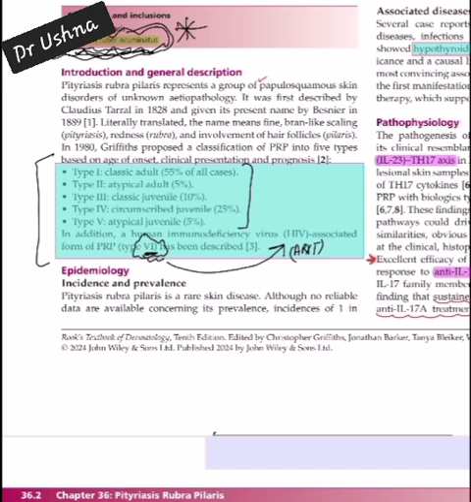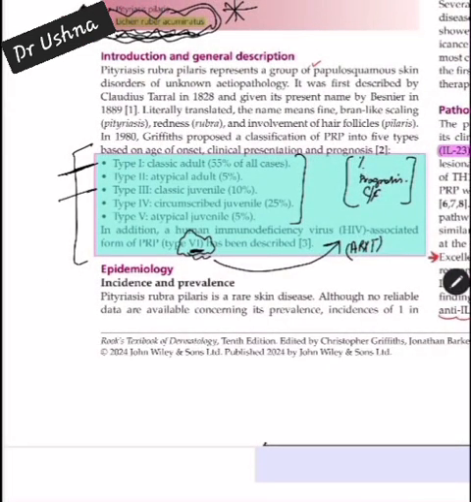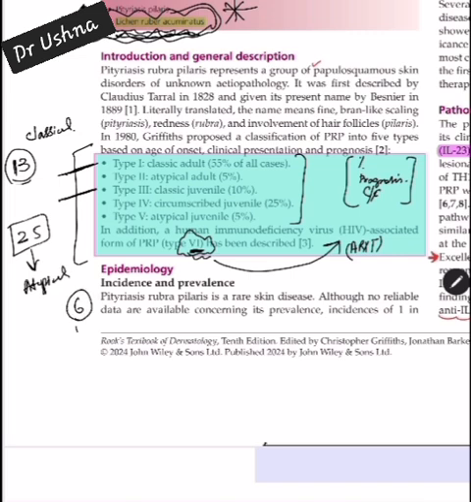Then the remaining types are very important. You have to remember the percentages of these types. You have to remember the prognosis and the different features to pick the MCQ, and the clinical features. So these are the important 3 points for all types of PRP. This is very easy to remember: type 1 and type 3, you can just make the figure 13, are your classical types. Type 2 and type 5, making 25, are your atypical types, and the remaining one we have already discussed, type 6, is HIV related.